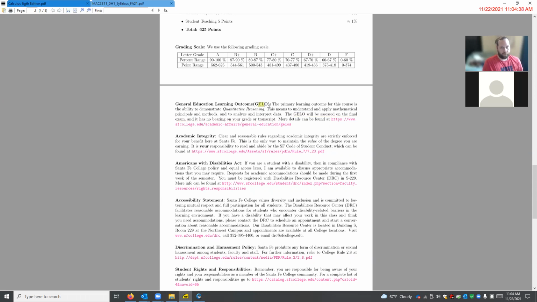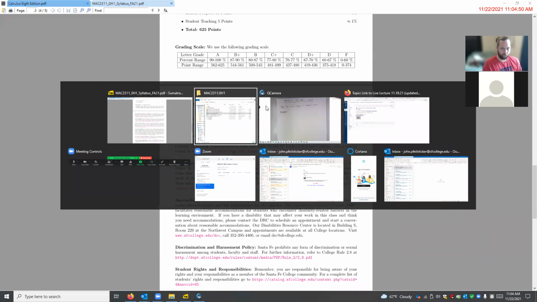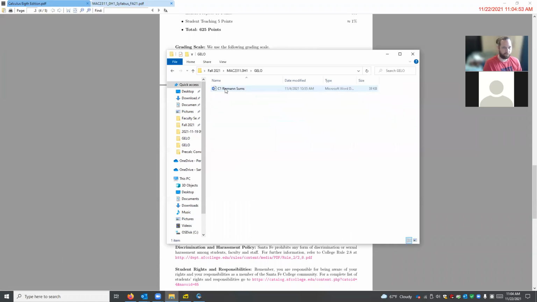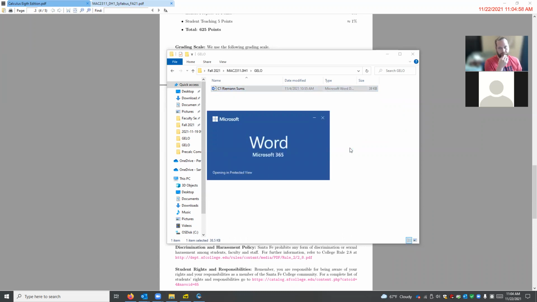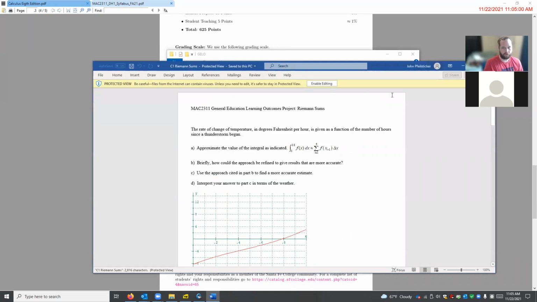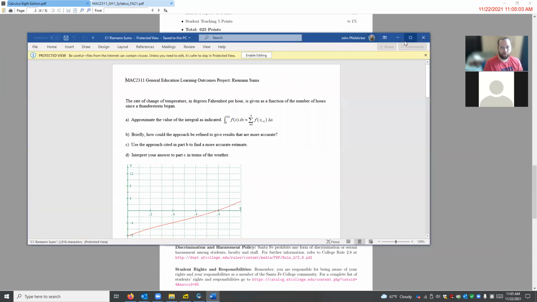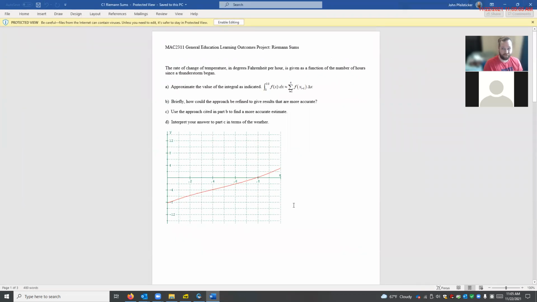The General Education Learning Outcome is just a statistic that the state likes to track to see how the college is performing. It doesn't go on your transcript and it doesn't have anything to do with your grade in the class. What it's going to be this semester for us, instead of a few particular questions on the final, is a worksheet on Riemann sums, which I know is not anybody's favorite topic. They give us 3 or 4 choices of things that we can use for Jellos, and this was the least crappy. Some of them are just really unpleasant, others are less unpleasant.